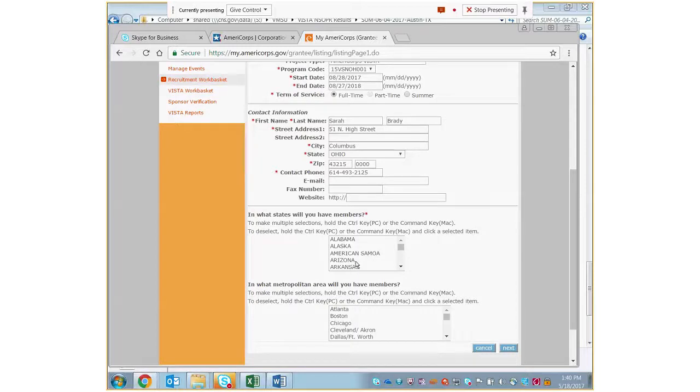Then you're going to identify which state your members will be serving in. So we'll just say Georgia. If you're in a large metropolitan area, you may be able to select that metropolitan area here in this box below. But most places across the country do not have a metropolitan area listed. So once you complete the screen, which is the easiest screen in the process,